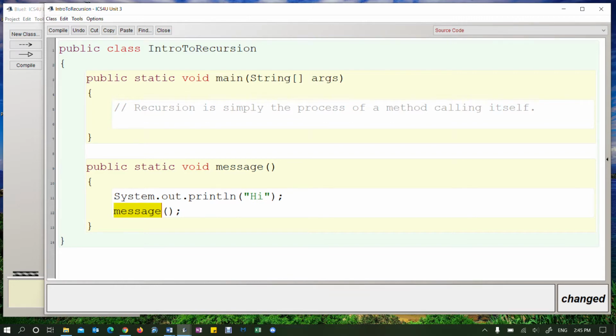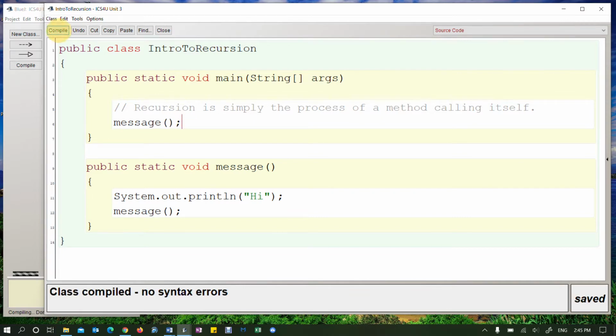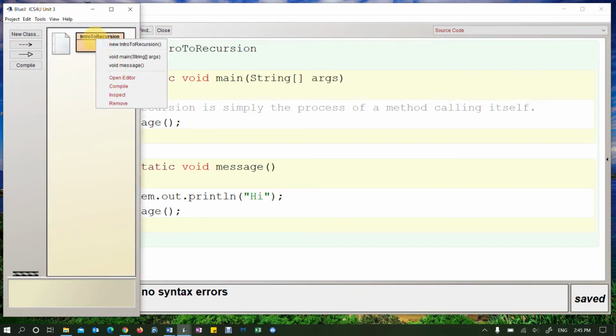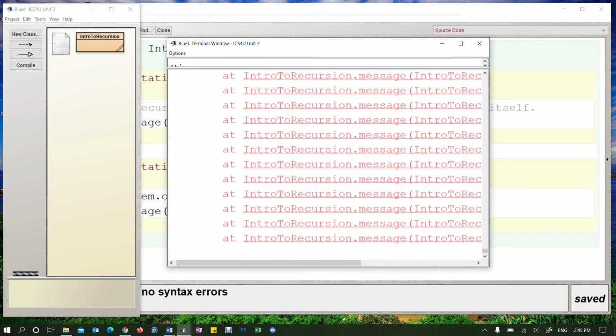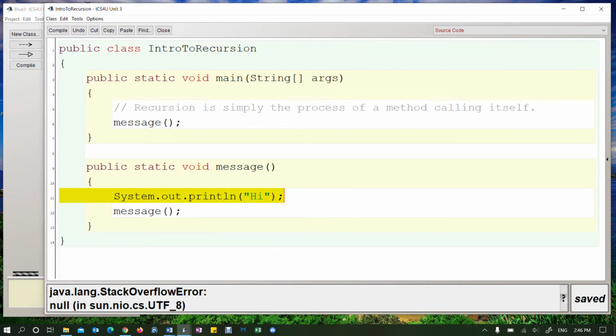So, as you might expect, this just calls this method again, and it's going to print hi, and then it's going to call itself again over and over and over again. So you might suspect what is going to happen here. Let's see how BlueJ handles this. So I'm just going to call message, and because this is a void procedure, I can just say the name of the method because nothing's being returned, and then there are no parameters for me to pass down, so I still have to have the parentheses, but I don't put anything inside. Okay, so when I compile, no errors, good, and when I run it,